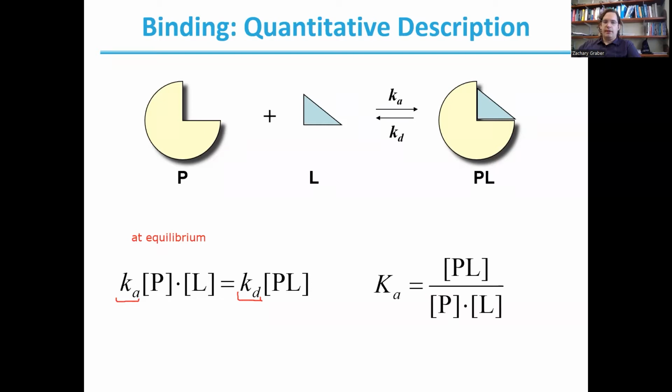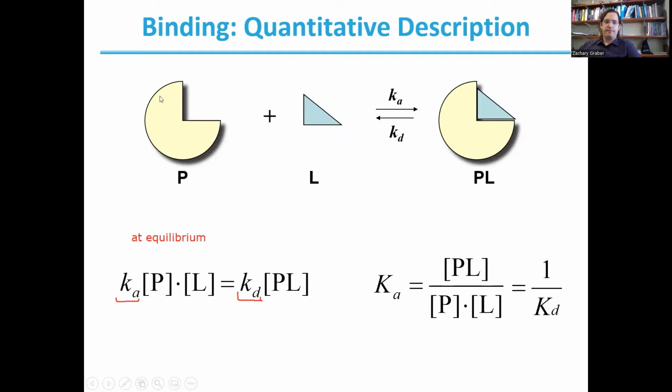This, of course, also gives us our equilibrium expression. As usual, our equilibrium constant is equal to our products over our reactants, each raised to their stoichiometric coefficients. So we have our protein-ligand complex as our product over our free protein and ligand. We can also reverse this to create a dissociation equilibrium constant, which would just be the inverse of our Ka,